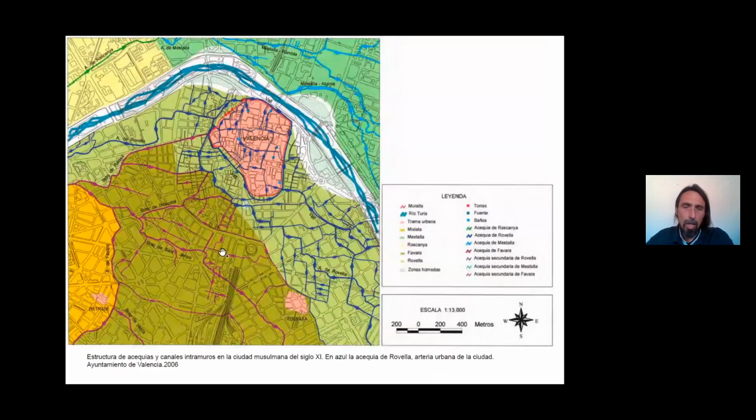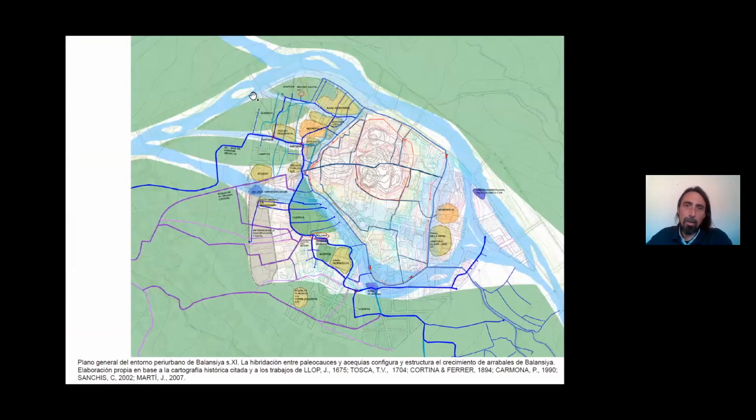So I started to analyze these different irrigation channels, and I realized that in the Arab period, all of these irrigation channels were integrated into the city. So that's why we had these curvy shapes, these diagonals. They were the irrigation channels from the peri-urban period. So they have been taken on board in the current shape of the city.